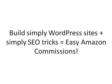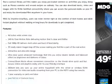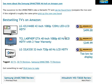Now hold on, I'm gonna reveal another thing that just absolutely blew me away that Chris told me when I first met him. But just hang on for a second. Let me show you one of these WordPress sites that he's built. Here's a sample of one of these WordPress sites he's built that basically promotes some products from Amazon. You can see here it's fairly simple to set up, and you've got some buy now buttons here. When you click on here and order this product or go to Amazon, Chris will actually earn commissions for that